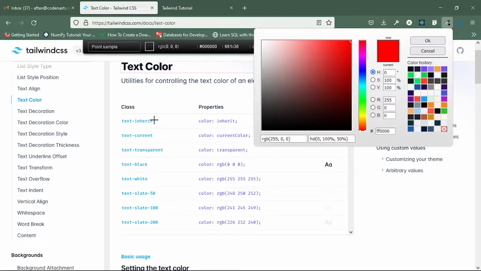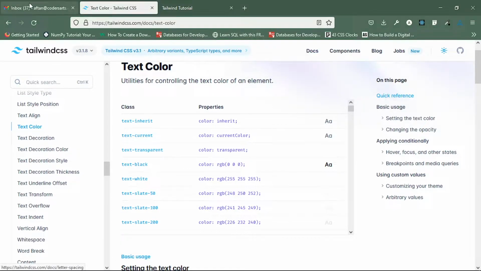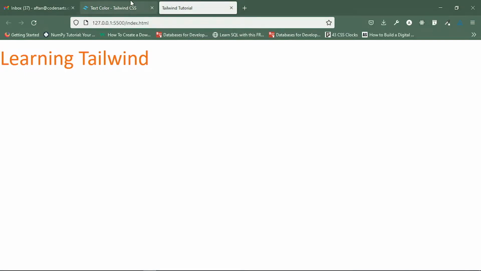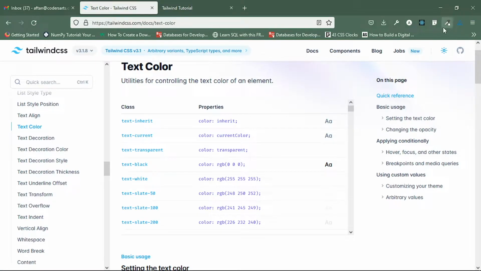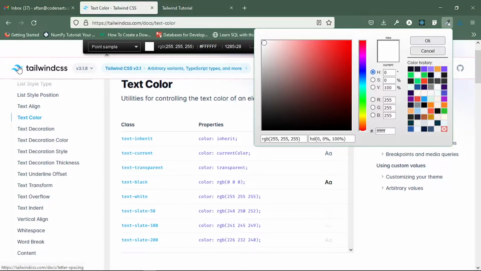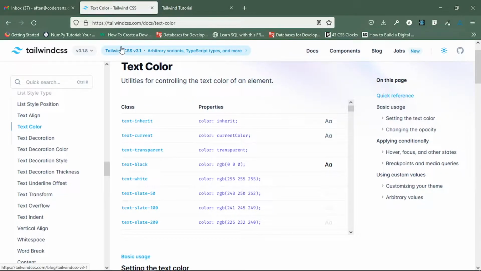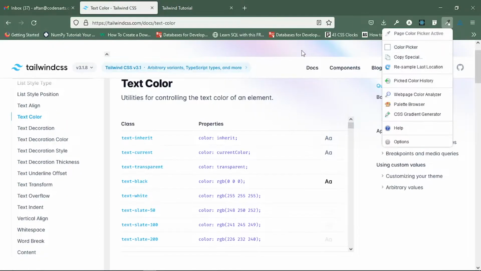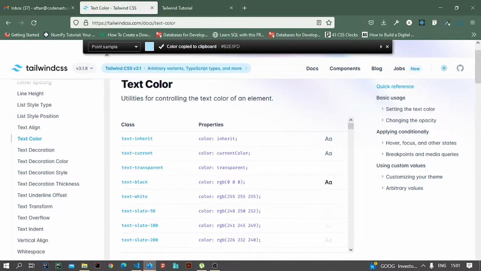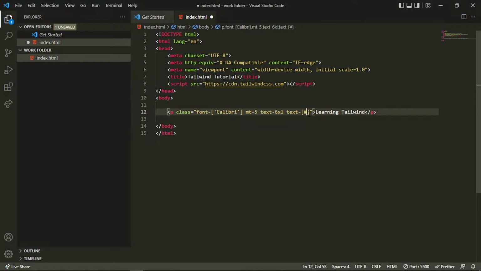Let me just grab this one. So if I want this color to be implemented, I can grab that color code,